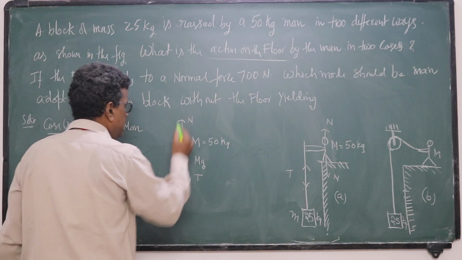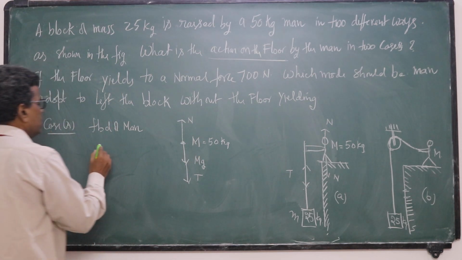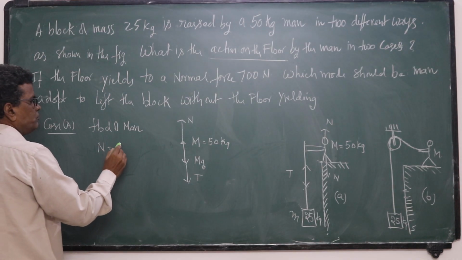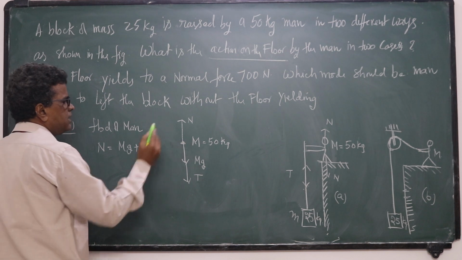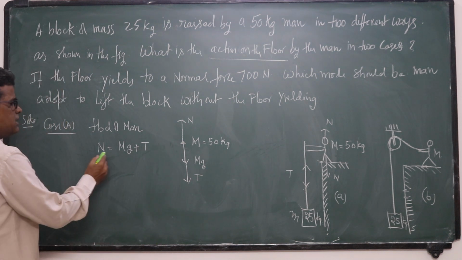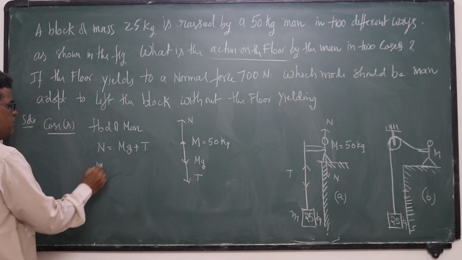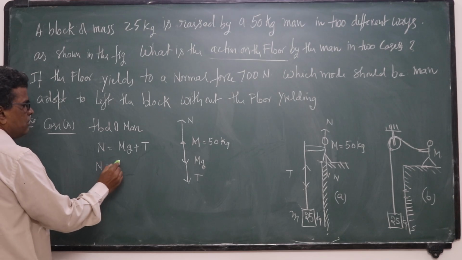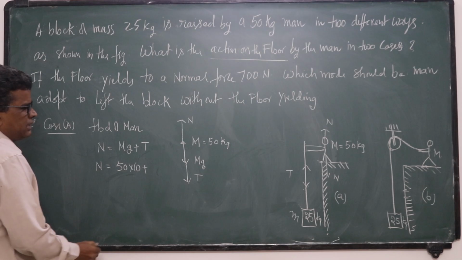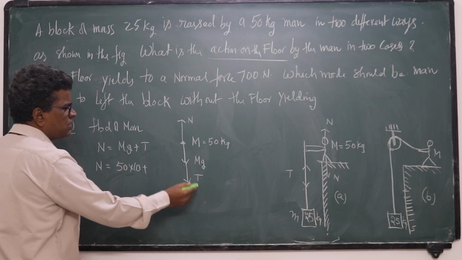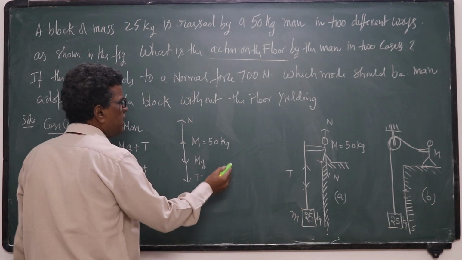So what is N here? From this equation, N is equal to mg plus T, since the man is in equilibrium. So what is the net force exerted by the man on the floor? mg, that is 50 into g, let it be 10. What is the T? So tension in the string is, so you draw FBD of this